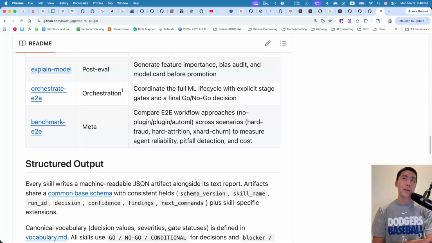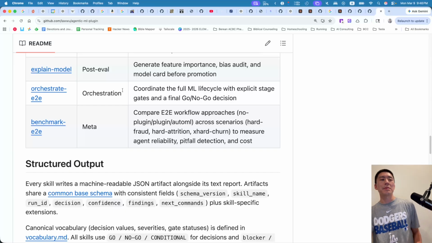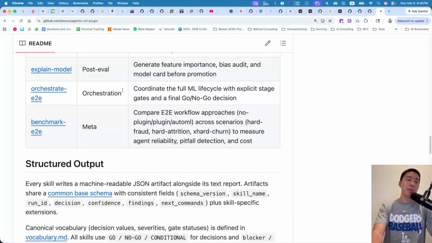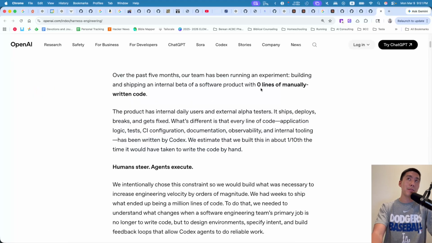It was valid. Because the model is different, the harness is different, right? So it's kind of like a different set of eyes on your code. But here, this is what they're doing. Their team has been running an experiment building and shipping an internal beta software product with 0 lines of manually written code. And if you go through this article, they talk about